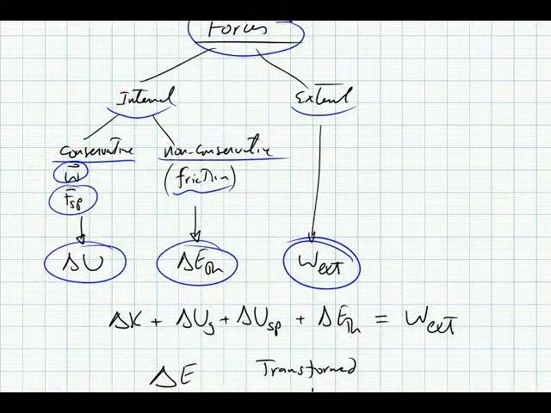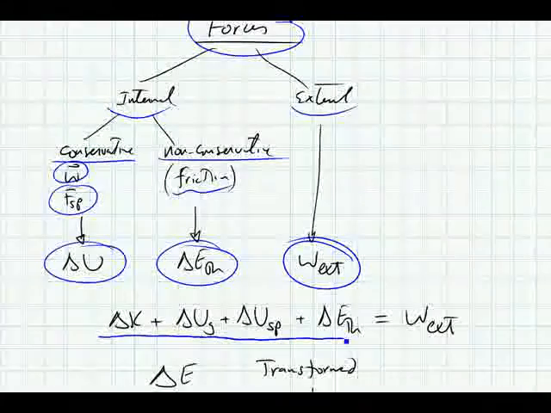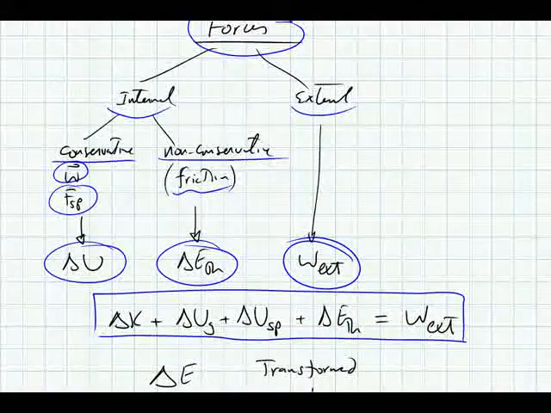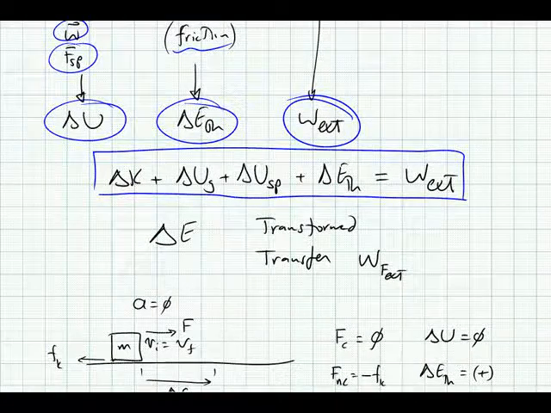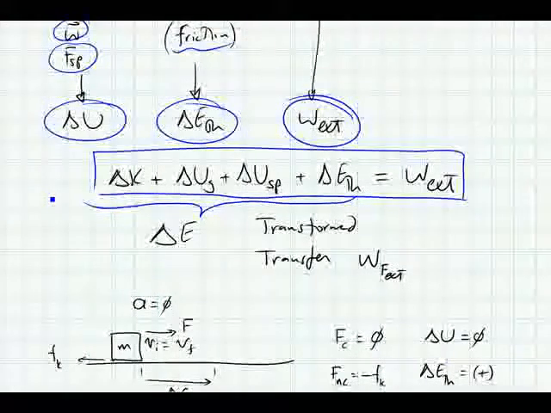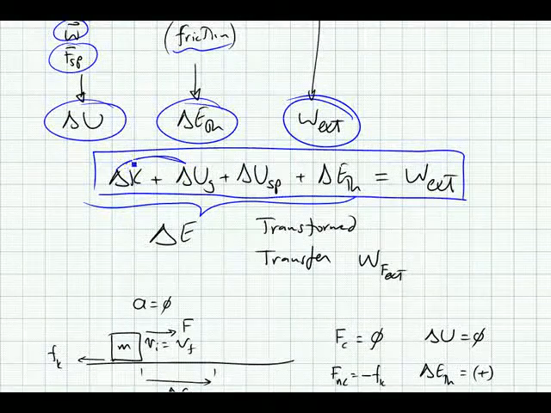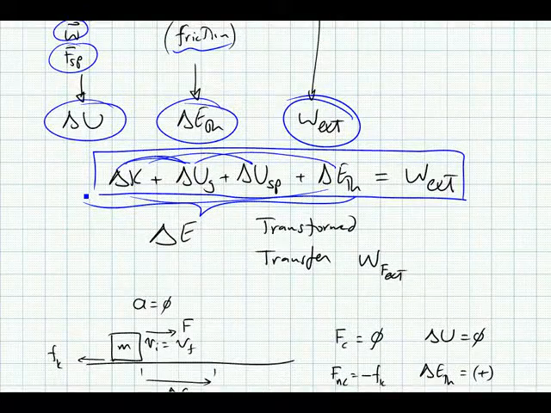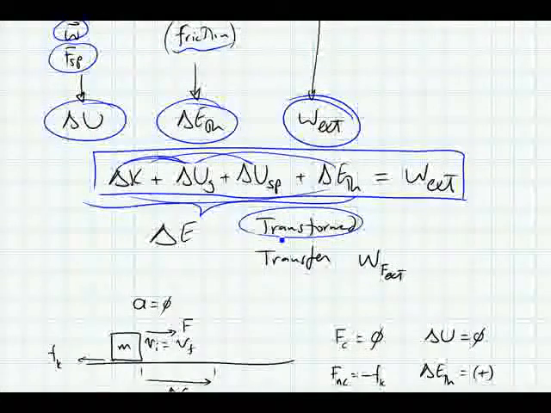So the change in kinetic energy of the system plus change in gravitational potential plus change in spring potential plus change in thermal energy must equal work done by the external force on our system. And of course, this whole thing is the total energy of the system. So any change between kinetic and potential energies, or thermal and potential energy, or thermal and kinetic energy, is of course a transformation of energy, and